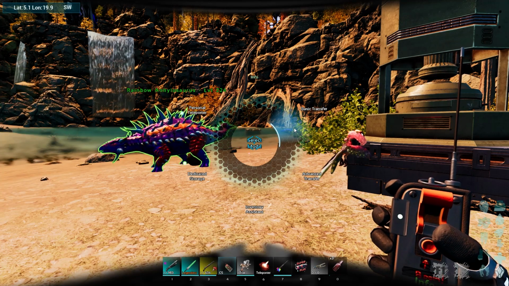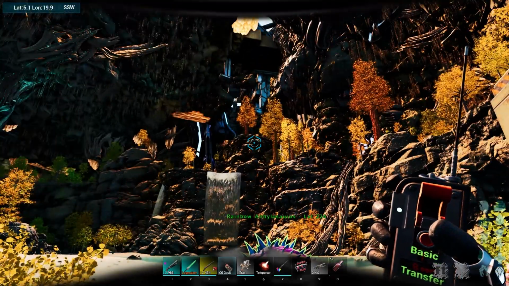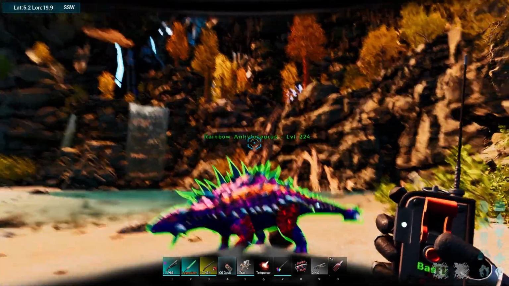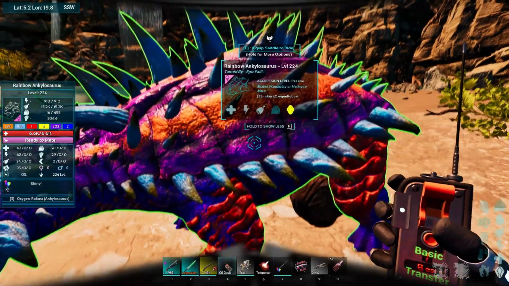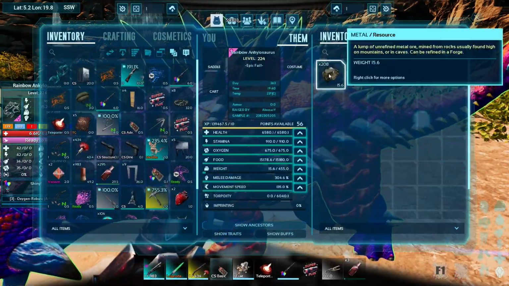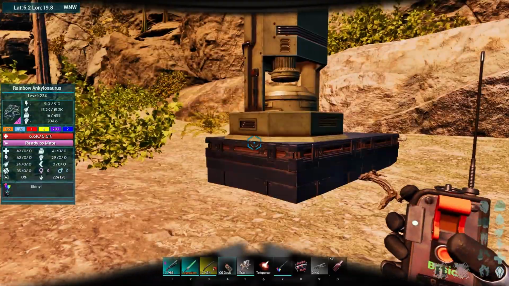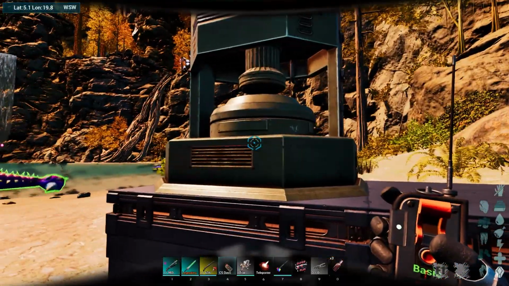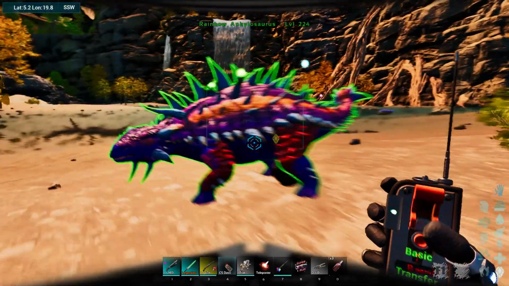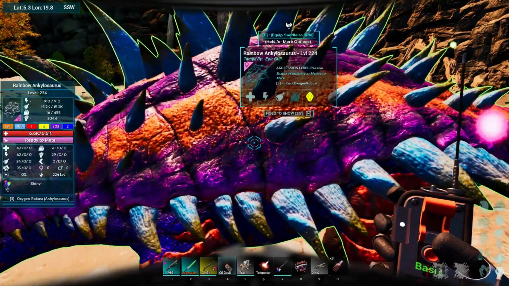Let's start with basic. You select it. Now as you can see, there is basic transfer. We have an Anki with some metal. For example, you came from a run and you want to transfer it to the forge. So the way we do it